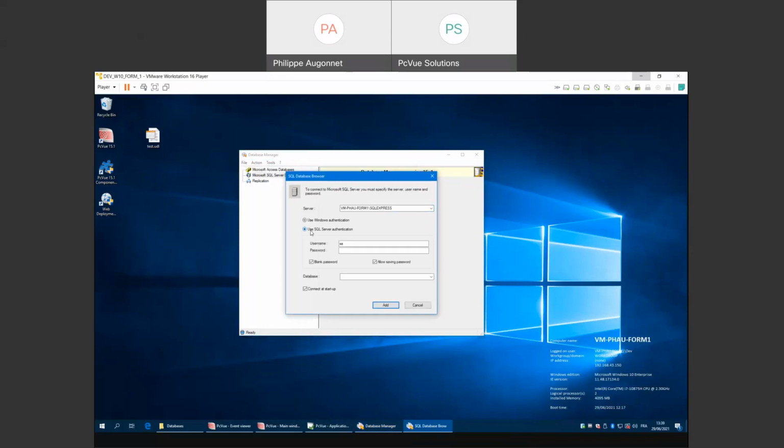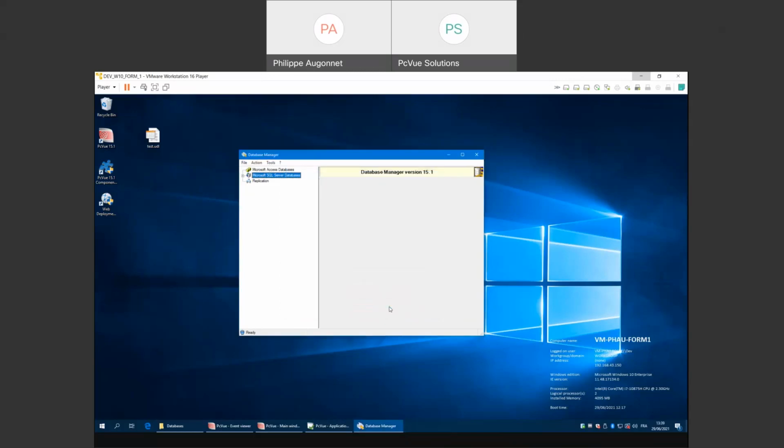You have to specify the user with which you will connect to the database, so either Windows user or SQL Server user. So I'll be using the classical SA user and password. And then you have the list of the databases that are available. I will be using both these databases, main and secondary, for my webinar application. So first connect to the main database, add, and you can see from there that the database has been connected